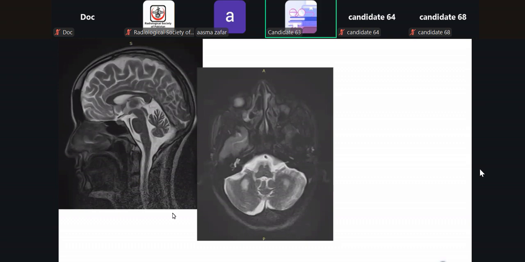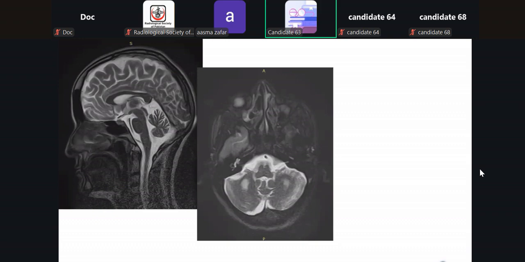This is a 29-year-old female, multiple falls and broad-based ataxic gait. This is MRI sagittal section, T2 weighted image. I can appreciate there is cerebellar atrophy, no tonsillar herniation seen. On the axial sections, brain,